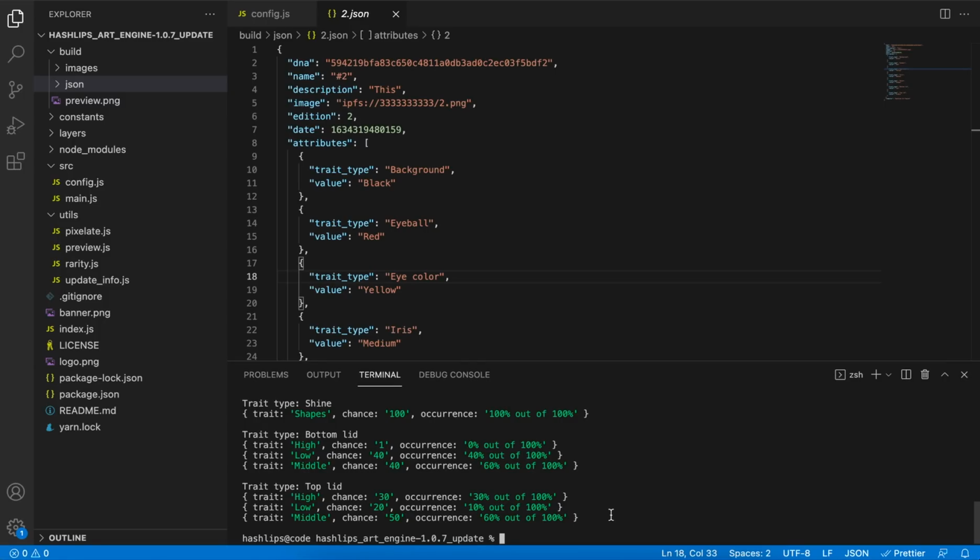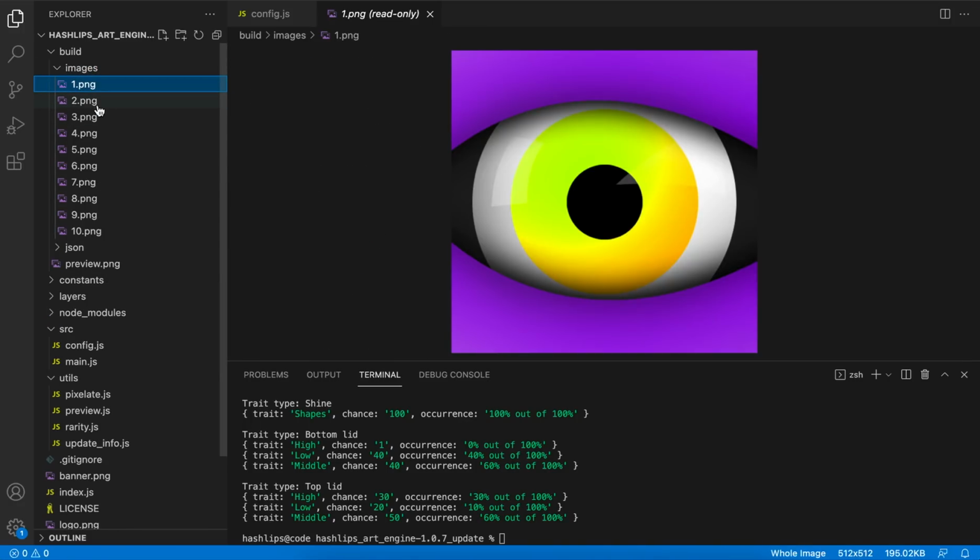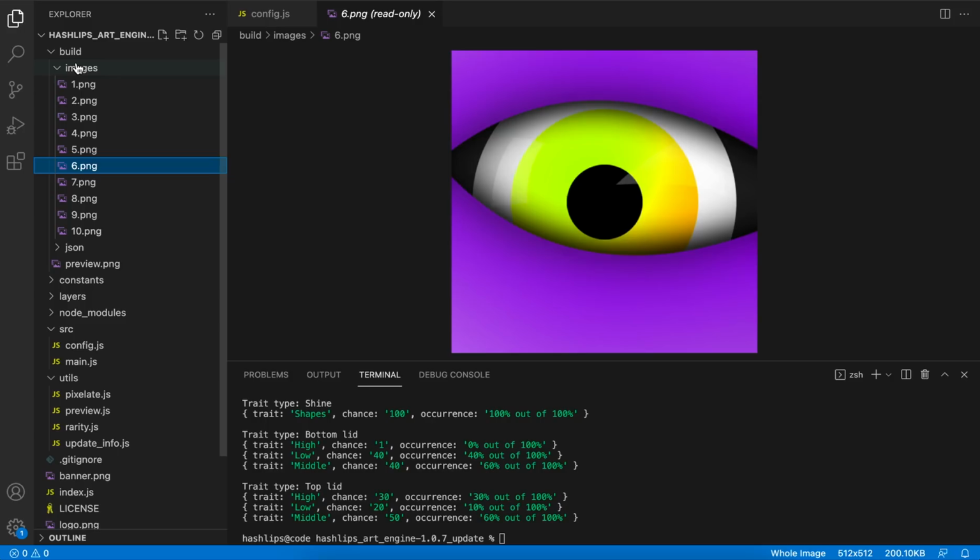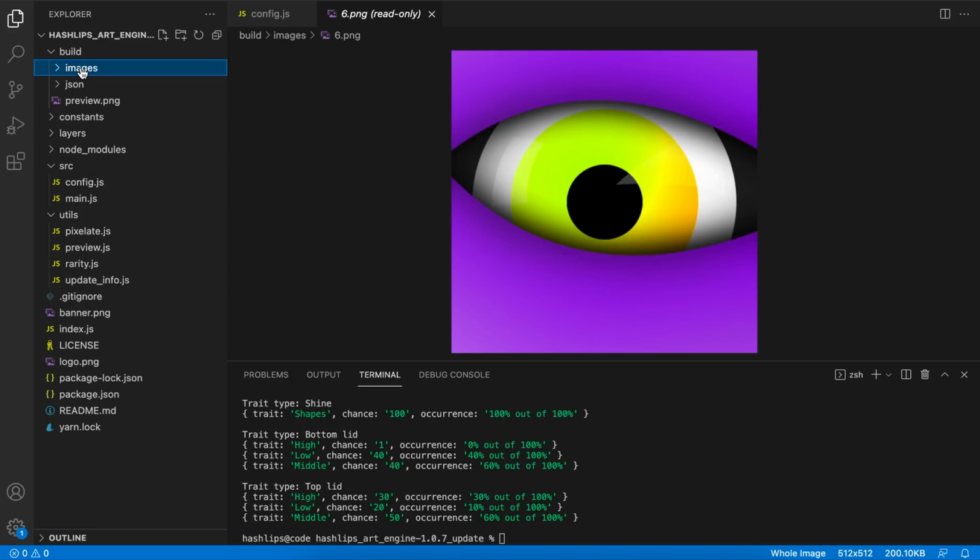The last update is super cool, and that is actually to do with a big update to this version. The next command is such a cool update that I have to get excited about it. Let's say you've generated your collection and there are all your images, okay? And you want to do something special. You don't want a normal collection and you feel like you want a pixelated collection. Well, all you have to do now is basically run in the terminal down here, npm run